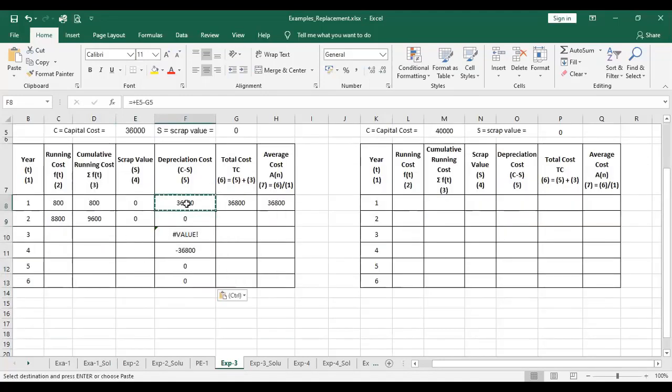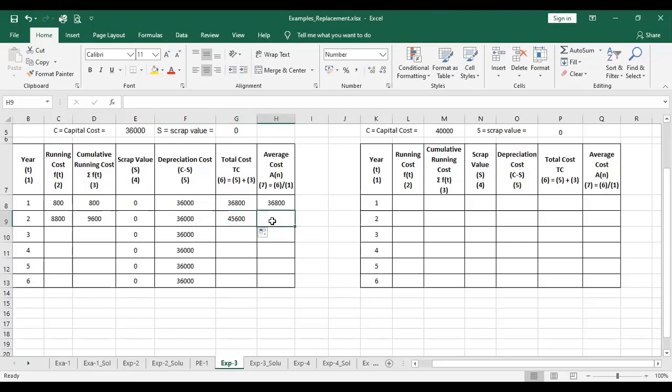Scrap value is 0, and for all these years the scrap value will remain the same, so there is no need to change it. Just we are calculating this. Now this would be how much? It is the summation of 36,000 and 9600. So the total is